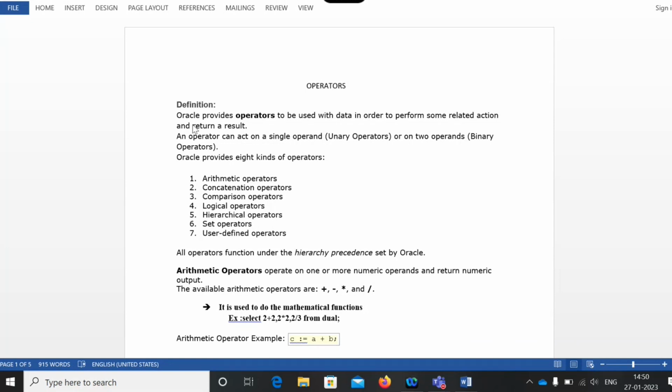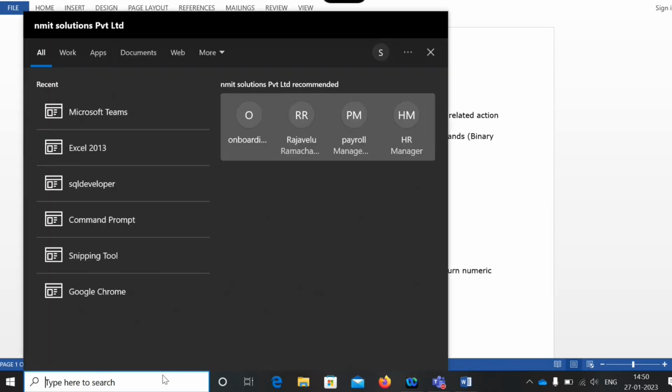Oracle provides operators to be used with data in order to perform some related action and return a result. If you ask the system, select star from employee table where employee name equal to some XYZ, you are asking a question to Oracle: I need this information.